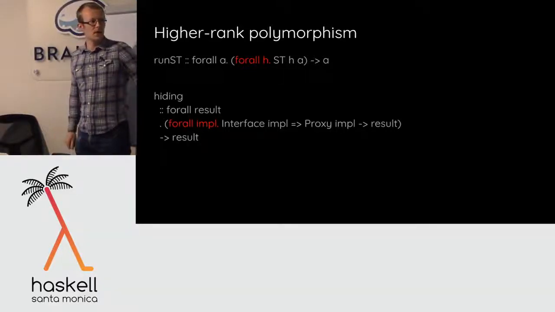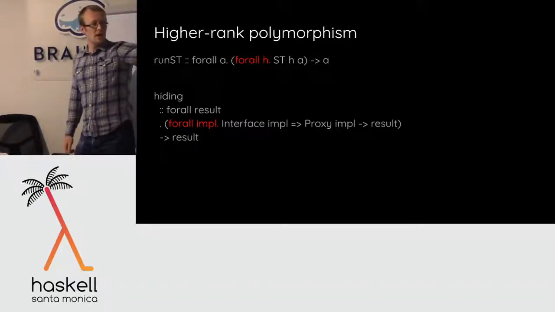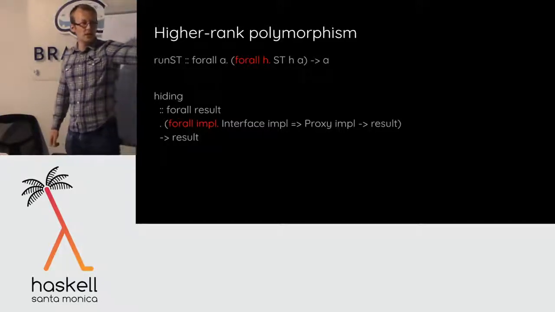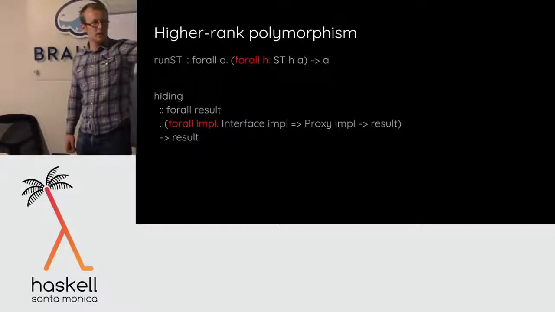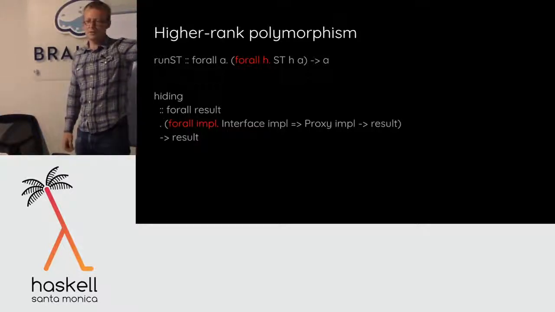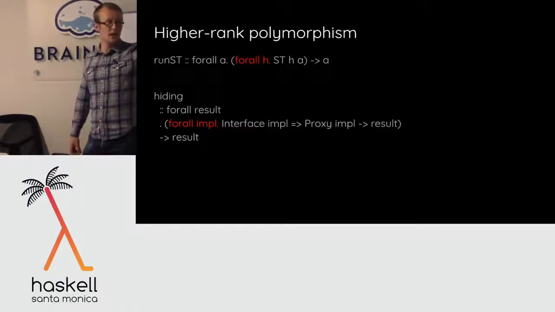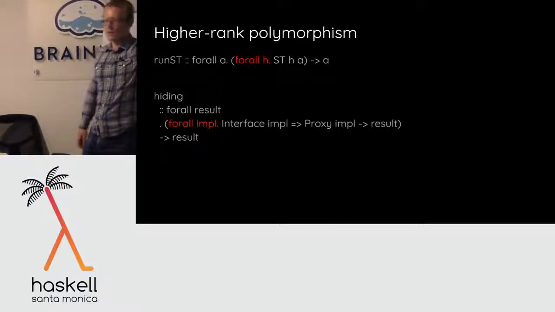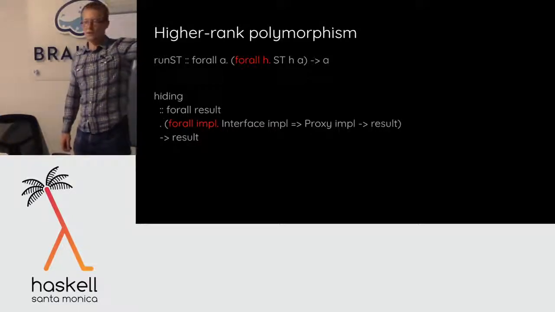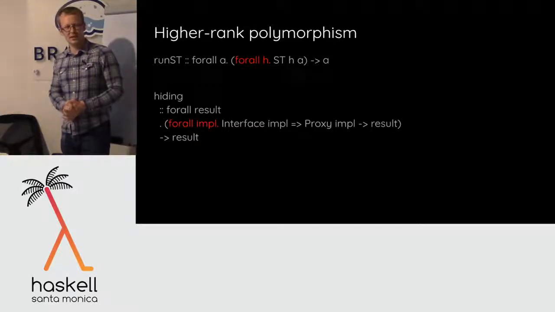Okay, so I can say, for any result type, I'll give you a result back if you can tell me how to produce a result for any choice of implementation. But you don't get to use knowledge of the implementation outside this function. When you pass me this function that computes the result, you have to use it abstractly. I'll give you some interface with which to compute it, and a proxy for the actual implementation type, but because it's polymorphic here and not on the outside, you can't use that information to influence the computation. Does that make sense?